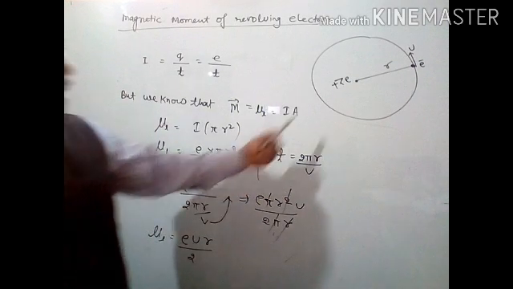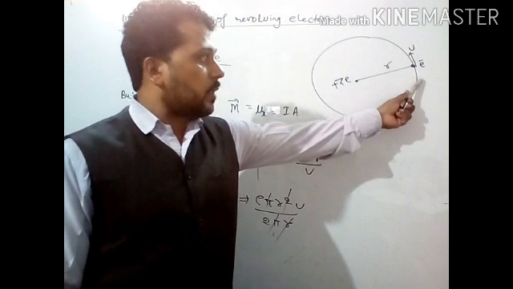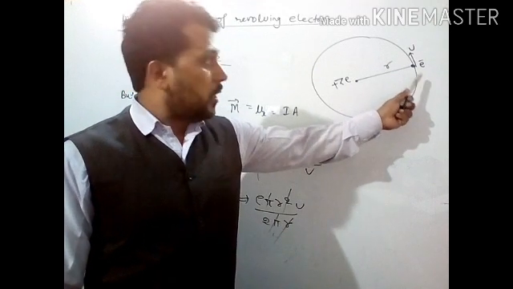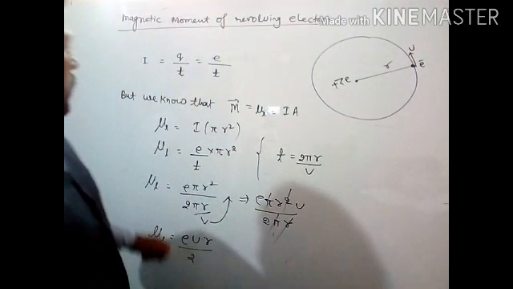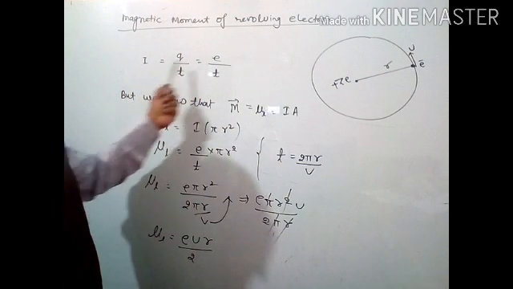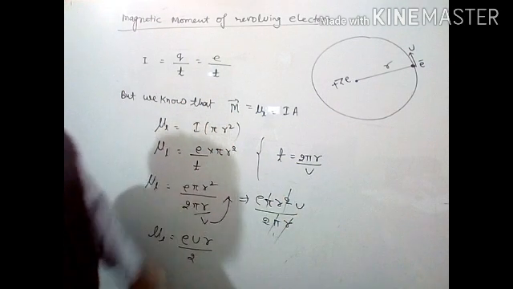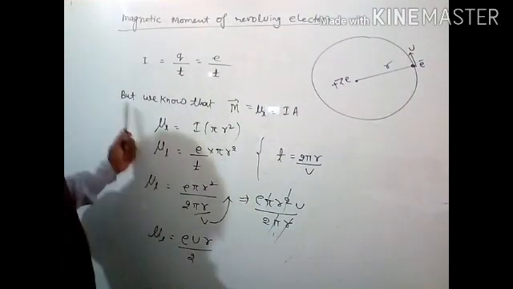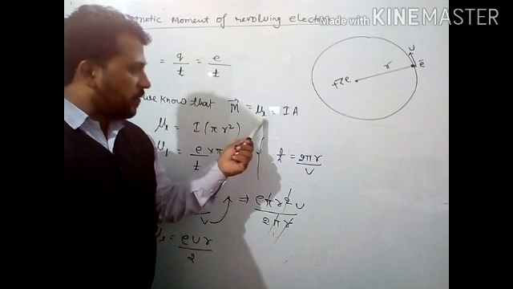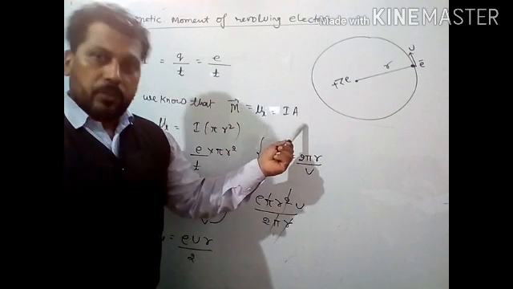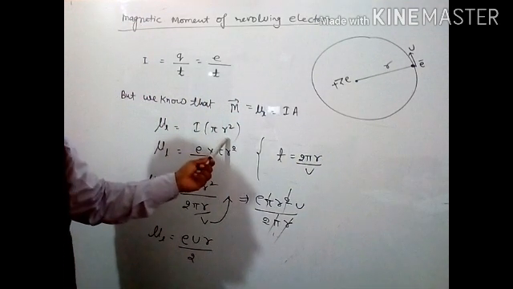Here, let an atom have charge Ze and radius r. An electron whose charge is minus e is revolving at the surface of this atom with speed v. So the current I will be equal to e by T, where T equals 2 pi r by v for one complete round. The magnetic moment, denoted mu L, is equal to I into A for one complete round, where A is the area pi r square.